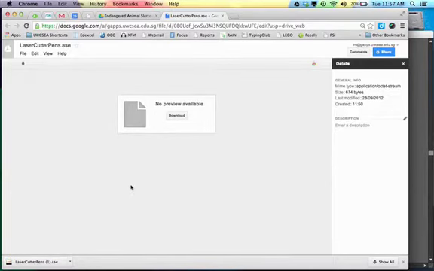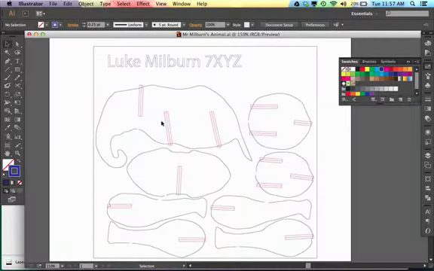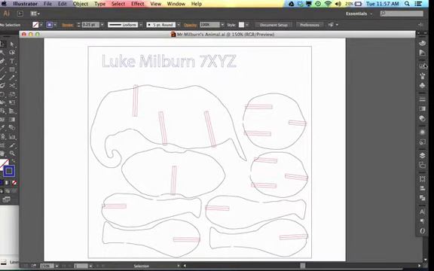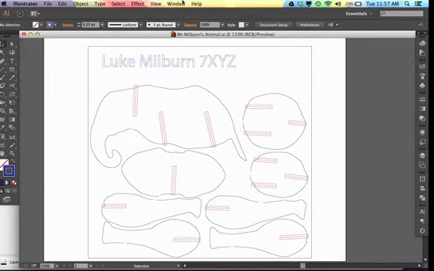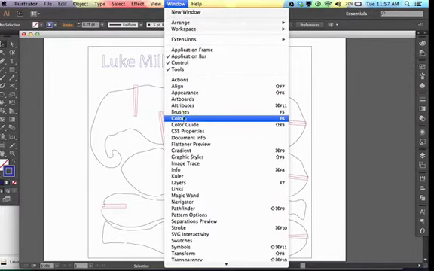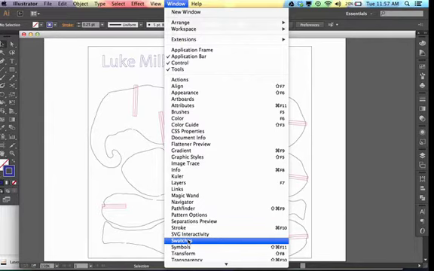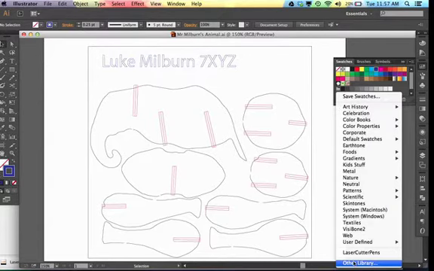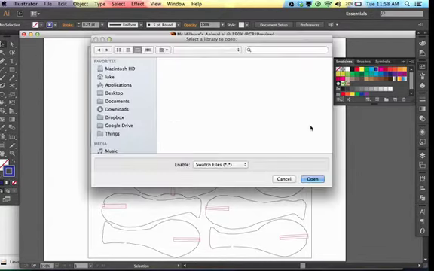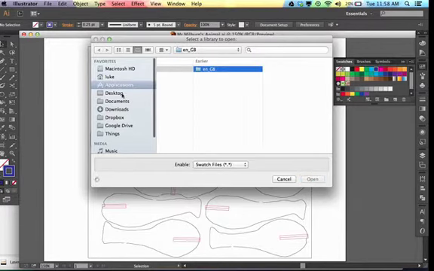Now if we switch programs to Adobe Illustrator, what we're going to do is go to the swatch option over here on the right, and if this option isn't available to you, you can always go on Window and choose Swatches. I'm just going to select it from here, and we have the option to open a new swatch library. A swatch library is a collection of colors. So I'm going to go down to my downloads folder,